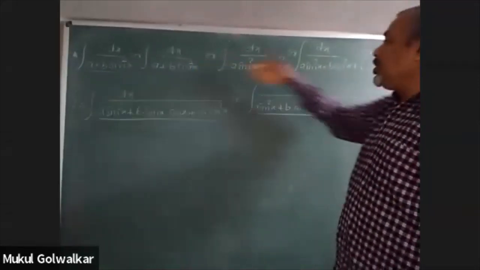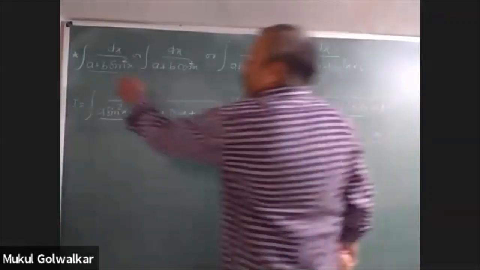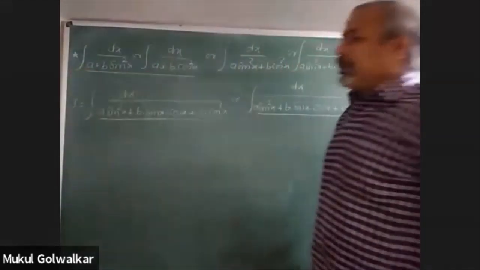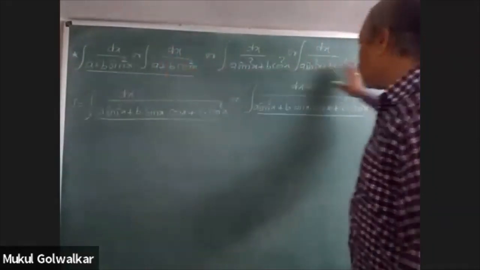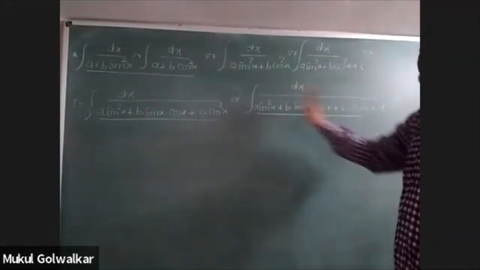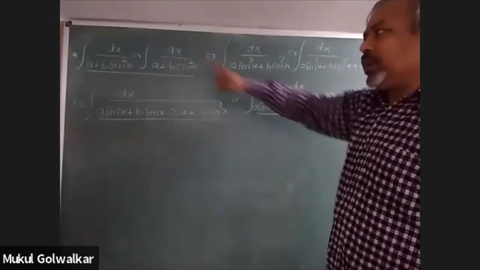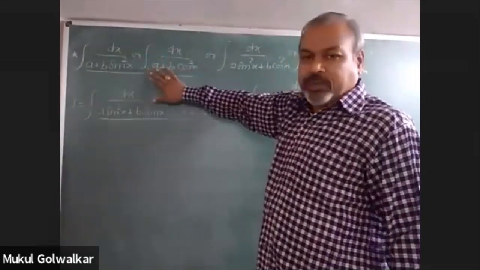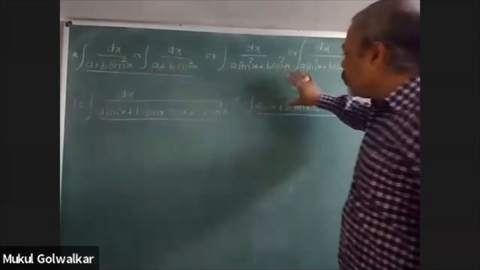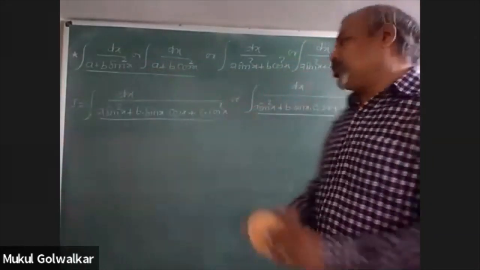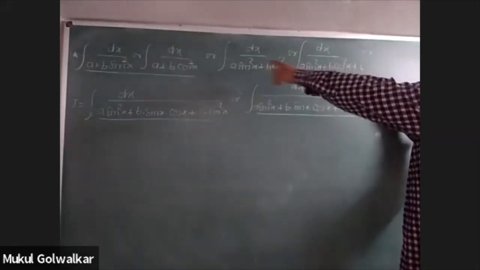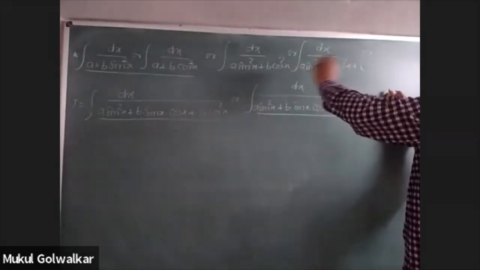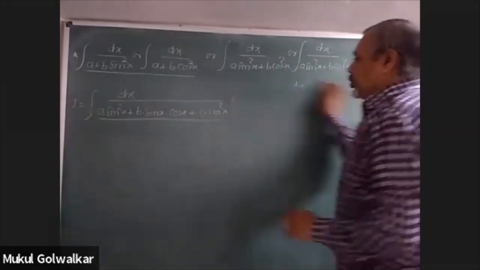So out of all these varieties, the first two varieties will be forming one specific type of question, and the last 3-4 varieties will be giving you a different variety of question. So I shall be solving one question of this variety, and as many questions of the other variety as you ask me. So I think this heading or the type or the variety of the question I am cleaning from the board now, so that I will be able to solve a question of a very specific type for you.